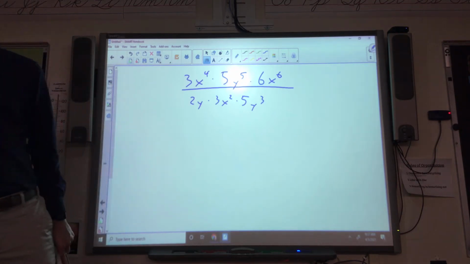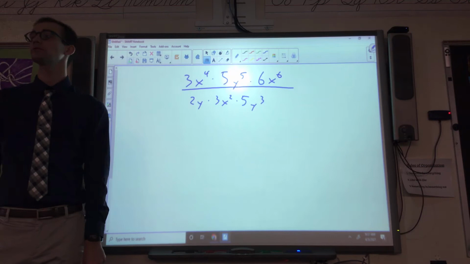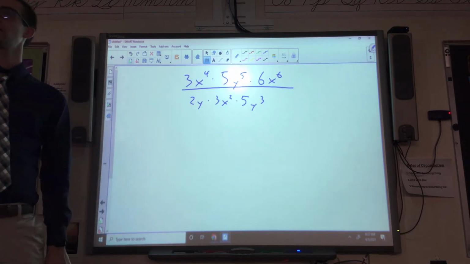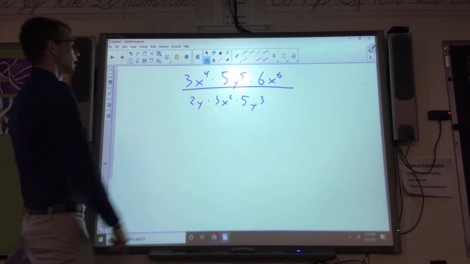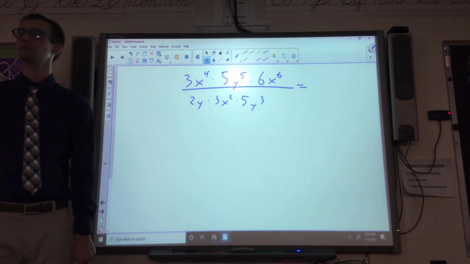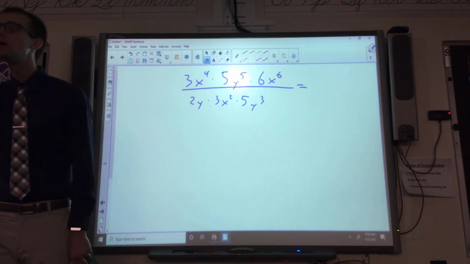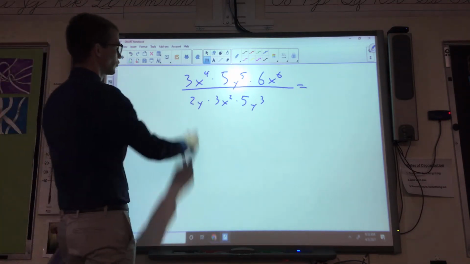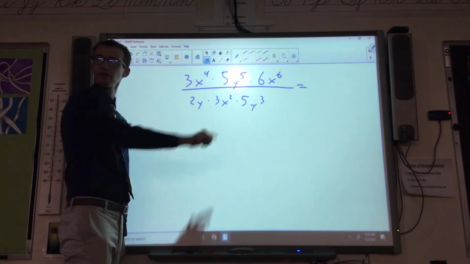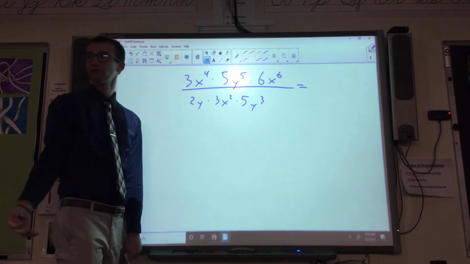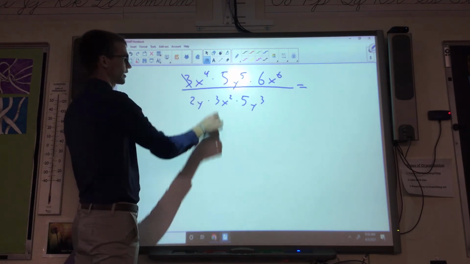Why can I move stuff around? Because multiplication. Boom, it's all multiplication, and that's what property? Commutative property. So I want to move what around first? Put the what next to each other? Oh, so like the 3's over the 3's and the 5's over the 5's? Yep, you can do that. Actually, you don't even need to. If everything is multiplying, you can just say, hey, cancel each other out,